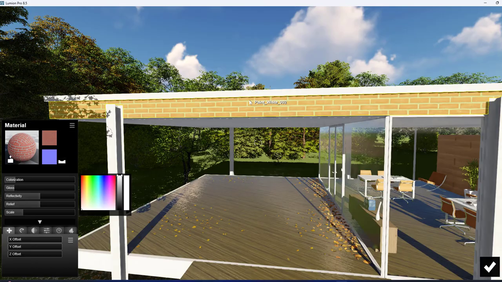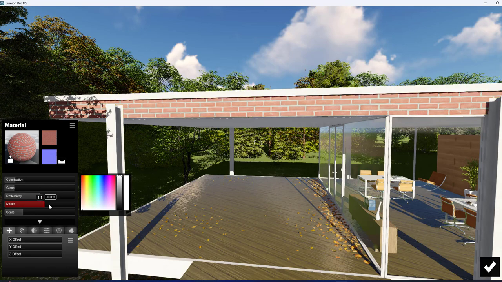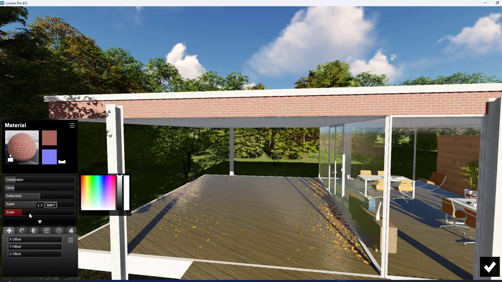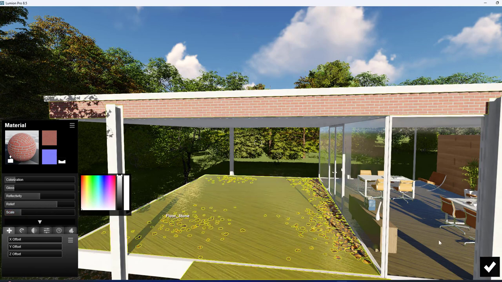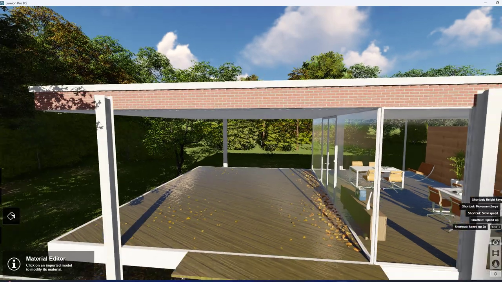And once I apply, if I want to edit, double click over that icon and then you can change the colorization of the brick and then glossiness. For the external material, we don't have the glossiness and then reflectivity. Then I'm just going with the relief option and then scale option to increase and decrease depending on the geometry, and then finalize. So this is how you can change.